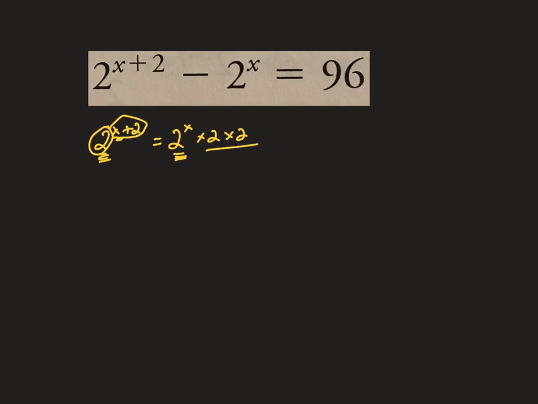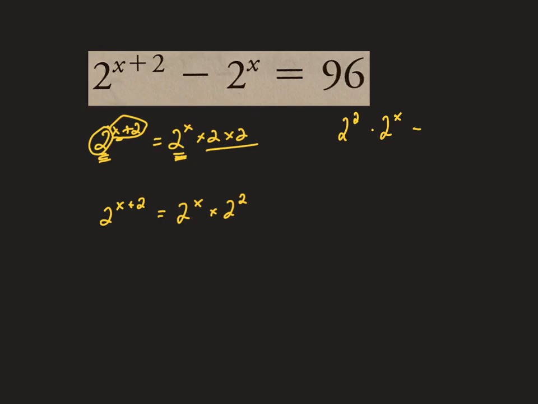Right? So the exponent law says that 2 to the a plus b is the same as 2 to the a times 2 to the b. That's another way of looking at it. It's just knowing that exponent rule. Okay, so knowing that, we can say that 2 to the x plus 2 is just 2 to the 2 times 2 to the x